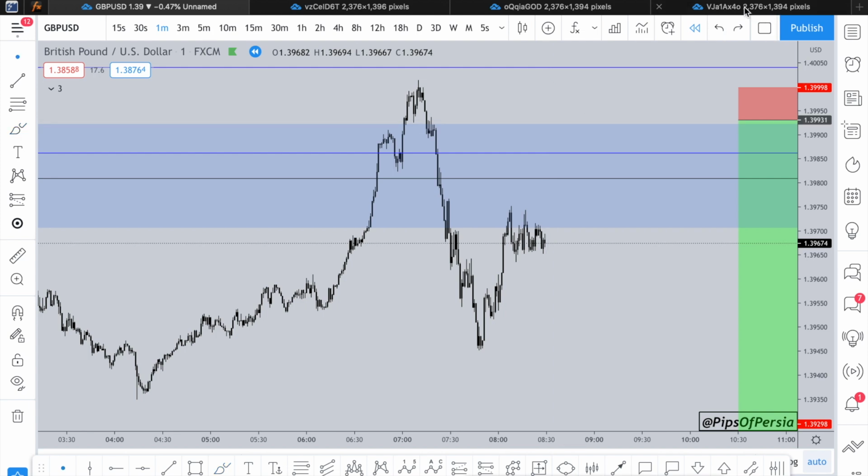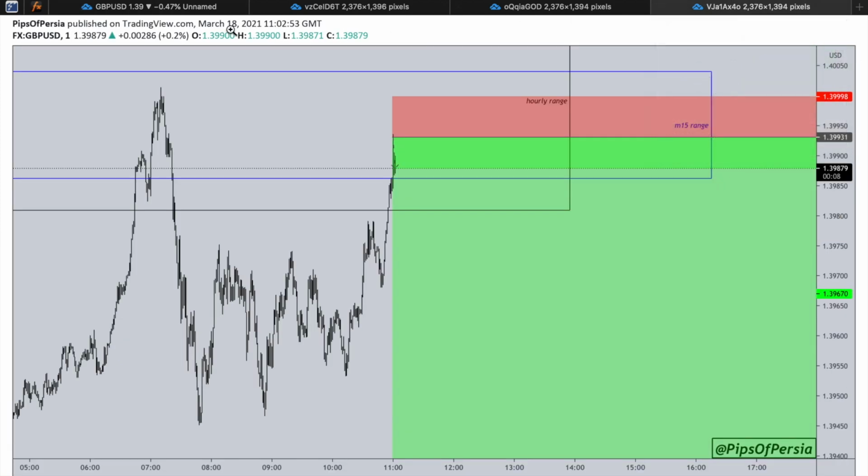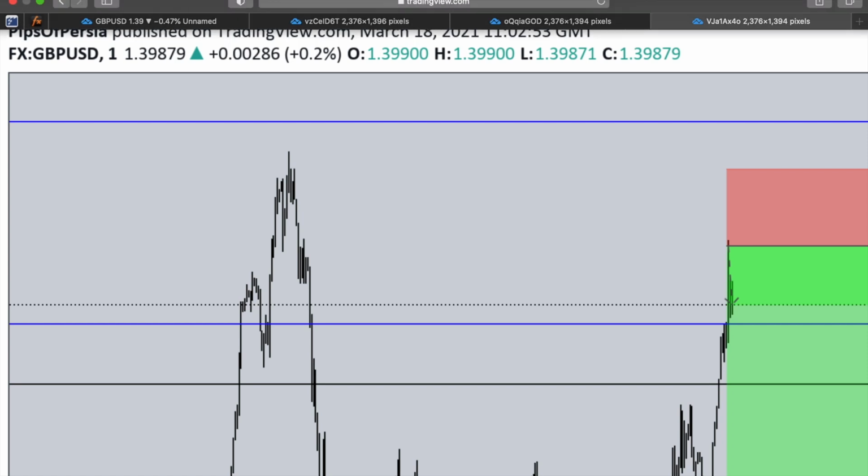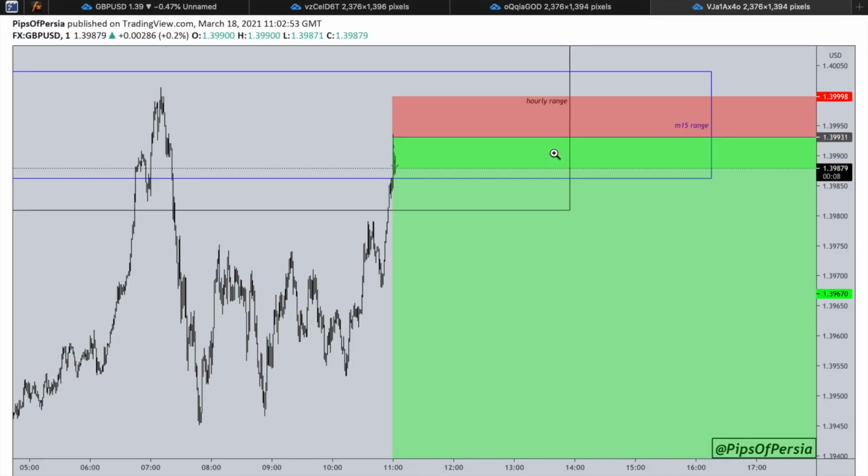And this is where we can have a look at the final screenshot taken on March the 18th, just before New York opened. So this is London time. This is 11 a.m. London time. So we're talking literally just under 48 hours ago. And this is that 1-minute picture that we just saw. That was the break of that minor structure point to the downside that was observed. And as you can see, indeed, we pulled back up, and the rough entry area was 1.39931, with stop loss